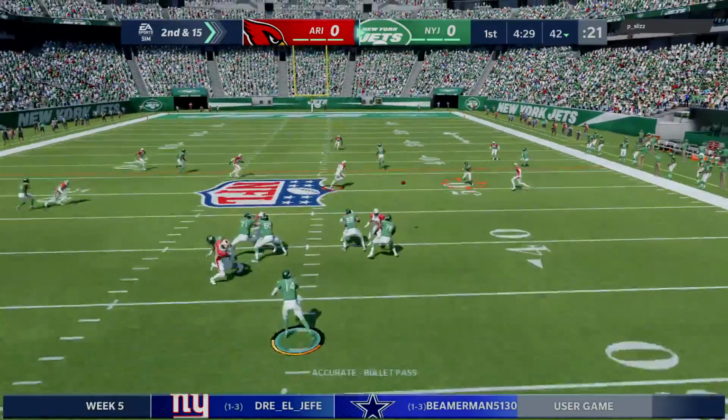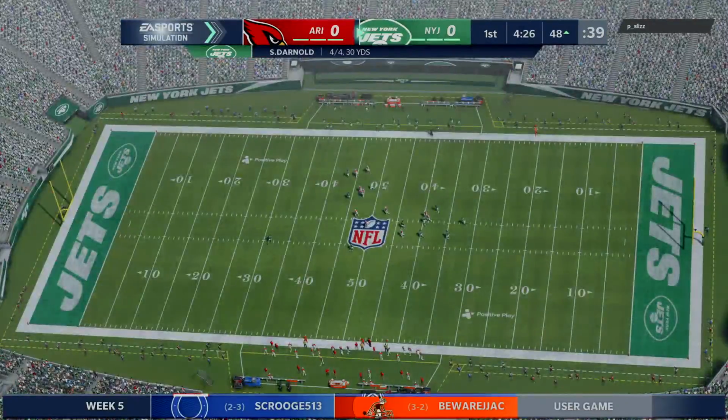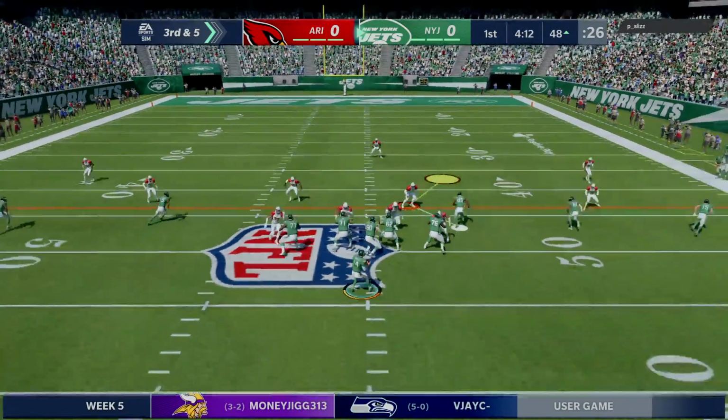To the air again, Darnold. It's brought in by Jamison Crowder. Darnold's pass. They'll wind up getting 10 back there as it'll leave them with a 3rd and 5. 10 makes it 3rd and...